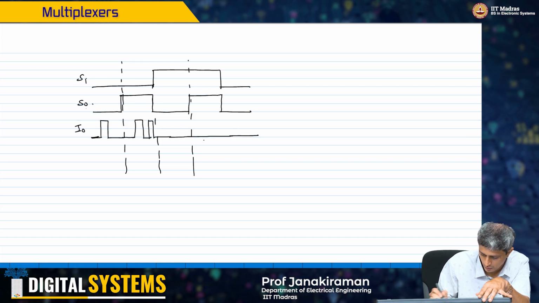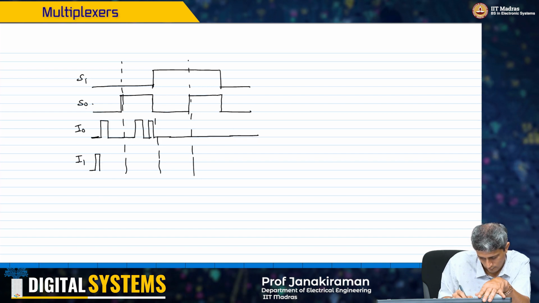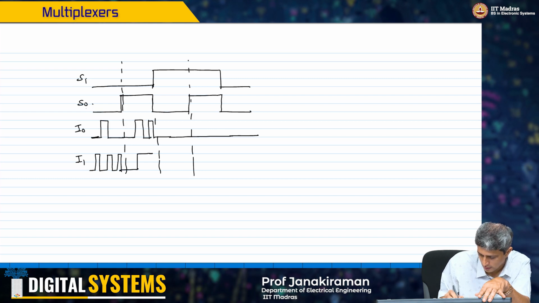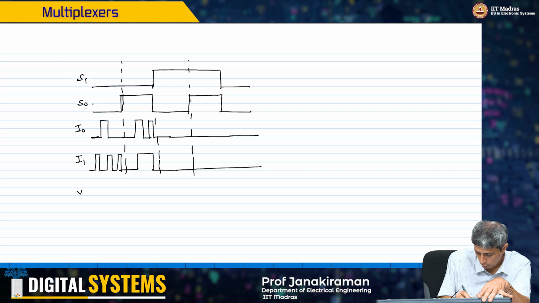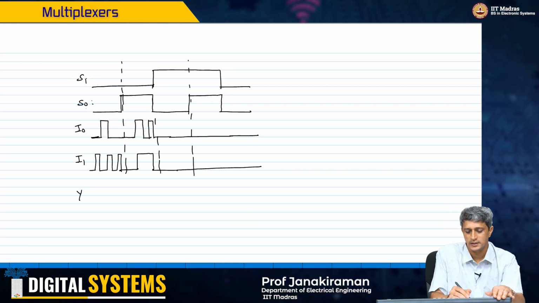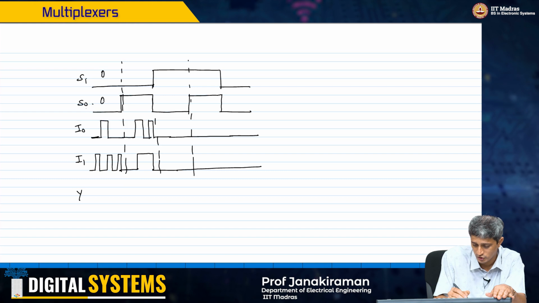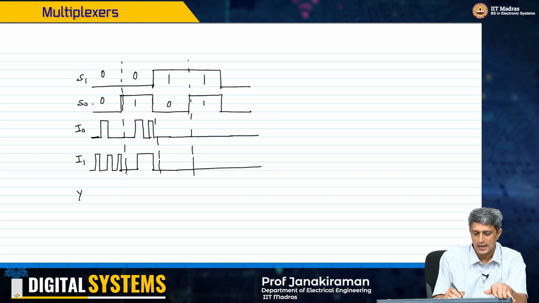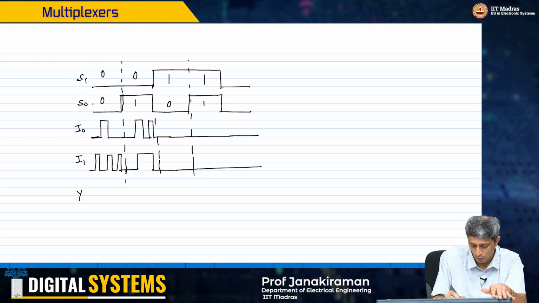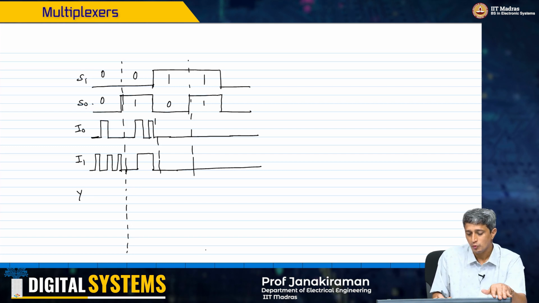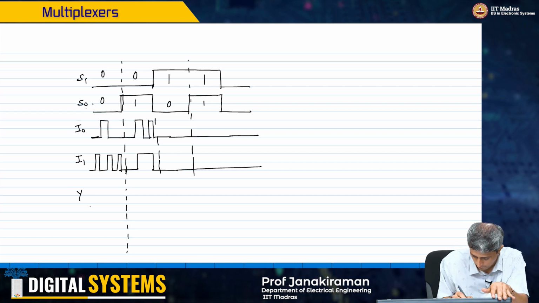like this. I1 could be, again, you could have very arbitrary activity happening here, and this output will be like, let's say the input changed like this. Then my output Y of this multiplexer, if S0 and S1 were 0, 0, so this is 0, 0, 0, 1, 1, 0, 1, 1, right. As long as S1 and S0 are 0, 0, the output will just follow I0. So therefore, Y will simply follow